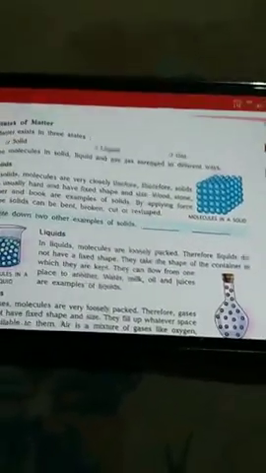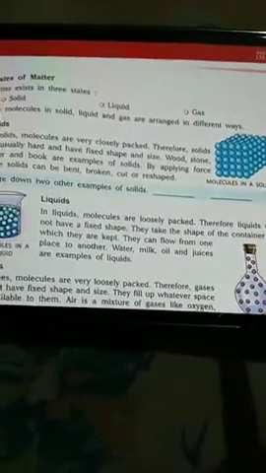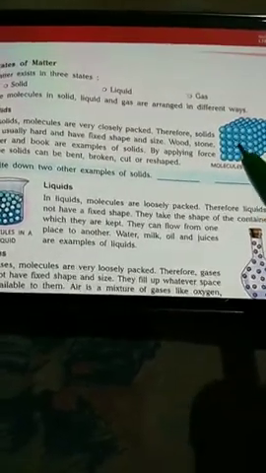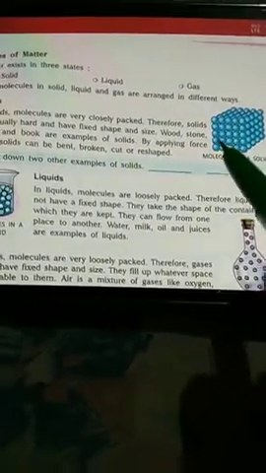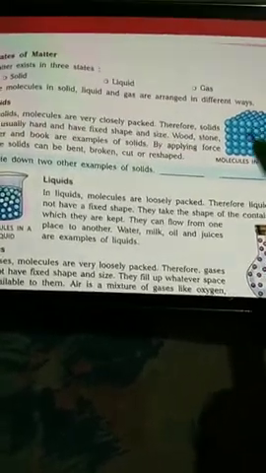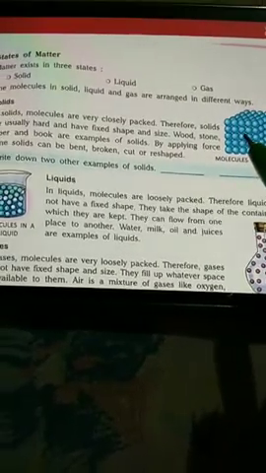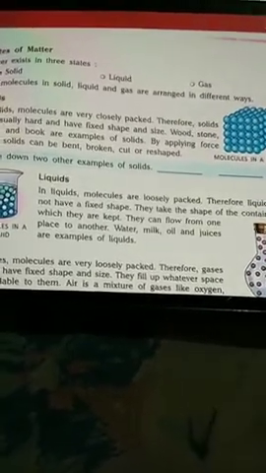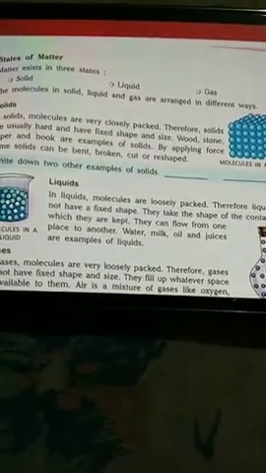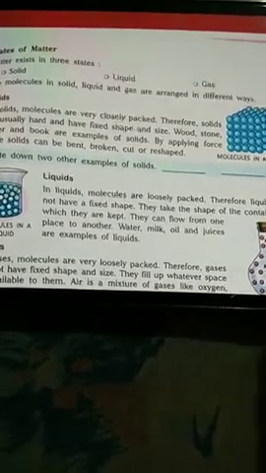As you can see children, the molecules are like the bricks and they are very closely packed to each other. There are no spaces between the molecules. This is why solids usually have a hard and fixed shape and size. If you have a book, it will remain in the same shape and size for the next 10 years. Your chair never changes its size because it is a solid.